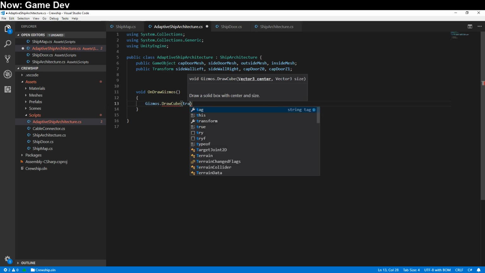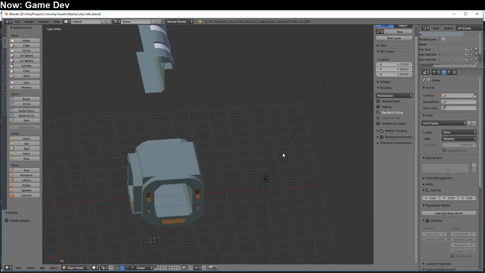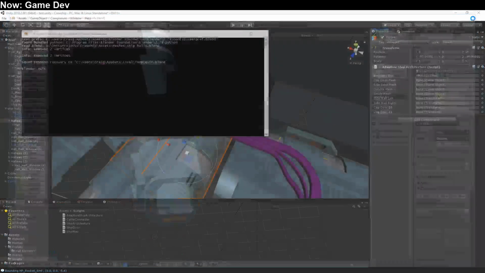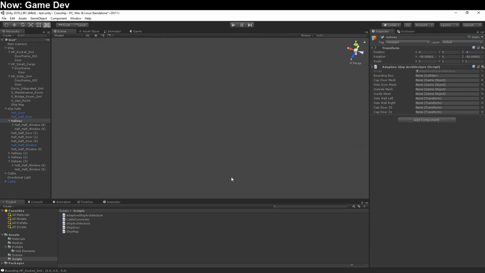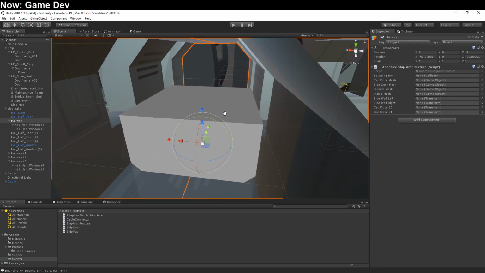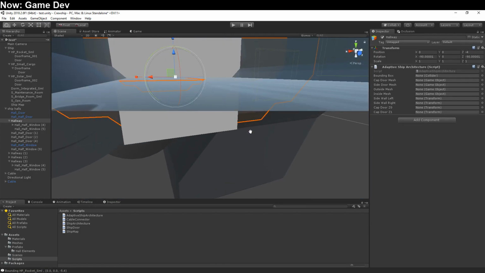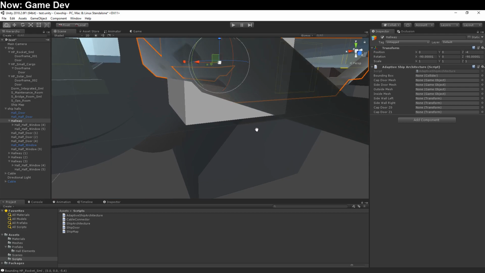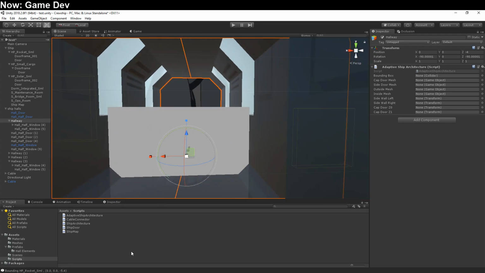So transform.position and then Vector3.one times 2. I think that the hallway is split. Close this down. I think the hallway is spread in both directions, so I think that's fine. Oh, come on. That was weird. So you can see how inside is now a little hallway thing, but the hallway is actually at 0, 0, 0. It's at the bottom, the z-axis of 0. So that's interesting,